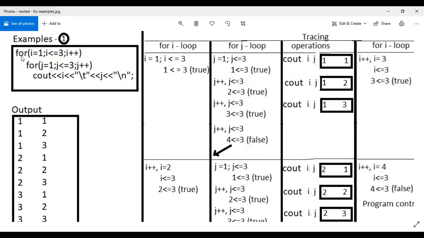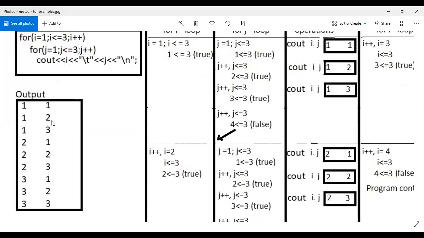So you just observe this example. for i equals 1, i less than or equals to 3, i plus plus, j equals 1, j less than or equals to 3, j plus plus. Here two variables have been taken, i and j. So i refers to the first for loop, j refers to the second for loop. i less than or equals to 3 is the condition of the first for loop, and j less than or equals to 3 is the condition of the second for loop. The condition can be the same or different. It is in our hand, depending on the program. And i plus plus is the increment of the first for loop, j plus plus is the increment of the second for loop.